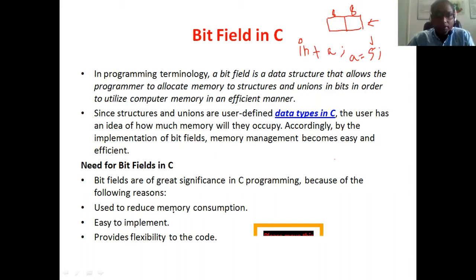So there is a necessity of the bit field in C programming. It is used to reduce the memory consumption. Like in this example, we have declared a variable a, it reserves the memory of 2 bytes, and if we are going to store a particular value, that value requires only a few bits when converted to binary. So that value will be stored into the memory, and only that number of bits will be utilized. The rest of the part will be wasted. So it will reduce the memory consumption.